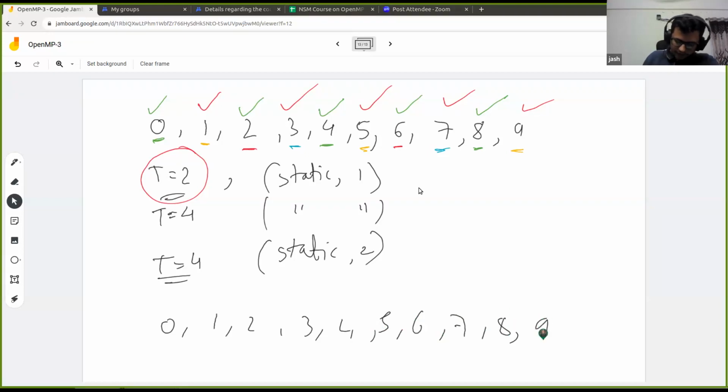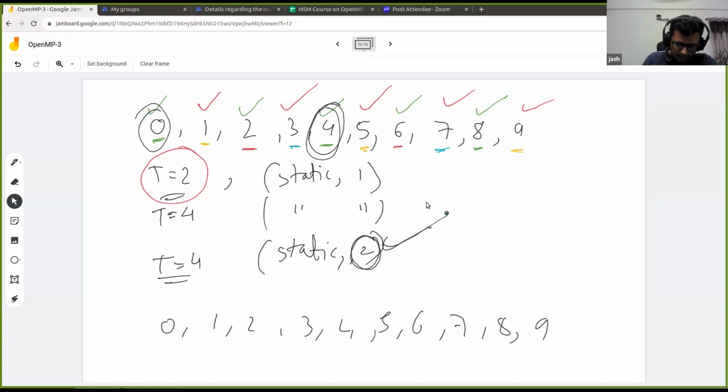So here to note that we have chunk size as 2. So what will happen here is that each thread will pick up 2 consecutive iterations instead of 1. Here each thread was just picking 1, and then waiting for its turn to come back, which was happening here, right? Thread 0's turn was coming back here, and then it was again picking up 1 iteration. Now, chunk size is 2, so each thread will pick up 2 iterations.